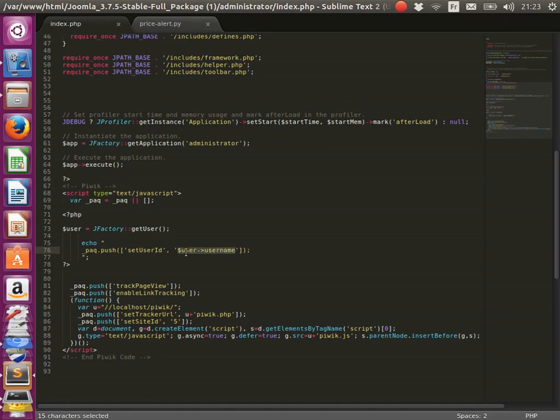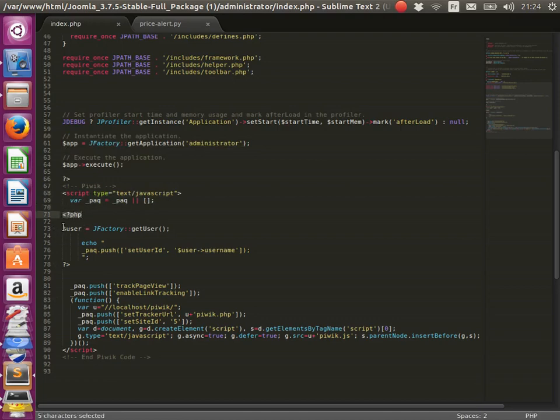In order to insert the user ID here, I need to call the database. By chance, Joomla has a function which is created just for that, which is called getUser. So here I'm starting the JavaScript tag. I pay attention to close the PHP function which is above. So I'm starting my tag here, and then I'm opening up the PHP tag.